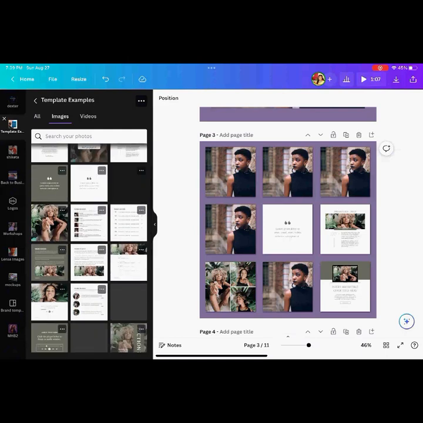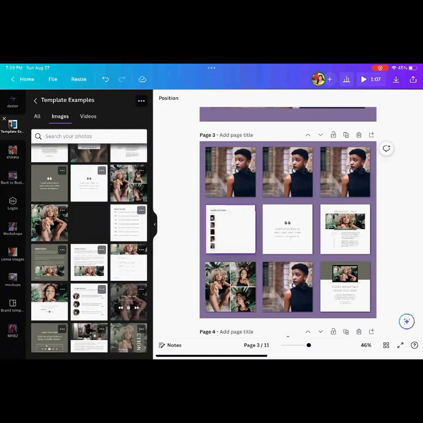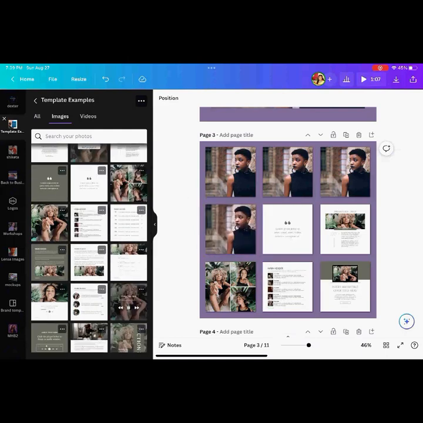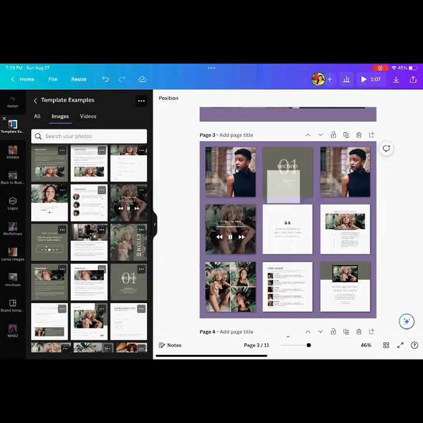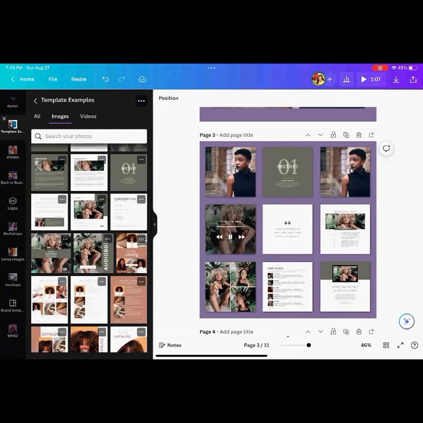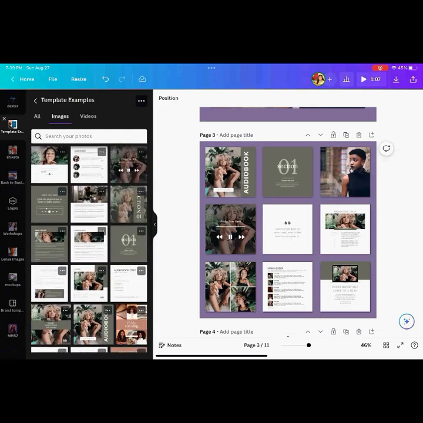You basically want to create scroll stoppers where you show people pages from inside of your document, and they're like, "Ooh, what's that? Where's that? How do I download that?" Getting them excited about your offer.